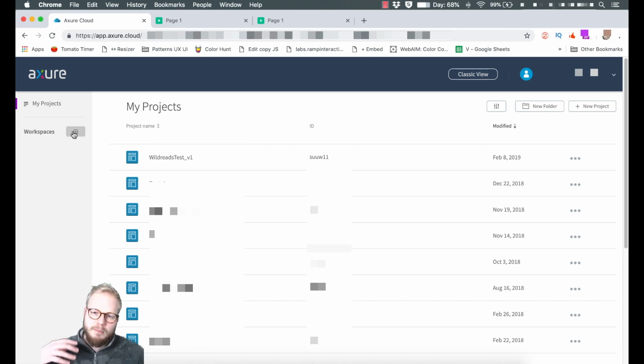Let's say I can add other people. I can divide it into different folders. I can structure my folders however I want to. And Axure doesn't limit how many prototypes you can have. As you can see, this is our wild reads test version 1, which I just uploaded. I can see an ID, and if I mouse over, it allows me to copy the URL, which I can